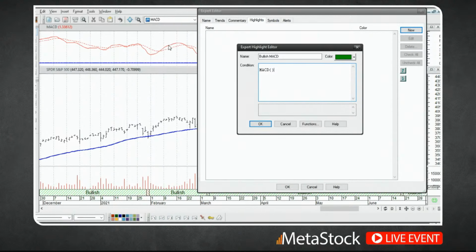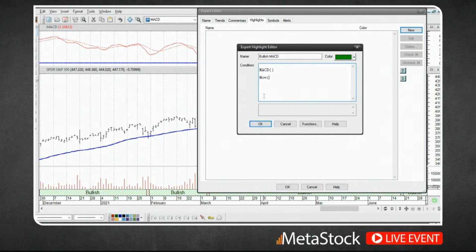So to write that, I'll jump down here a little bit, and we're going to write again the moving average, which is just MOV, open parenthesis. And the first thing that the moving average wants to know is what is the data rate that we want to use, meaning what do we want to create a moving average of? In this case, I want to do a moving average of that MACD.